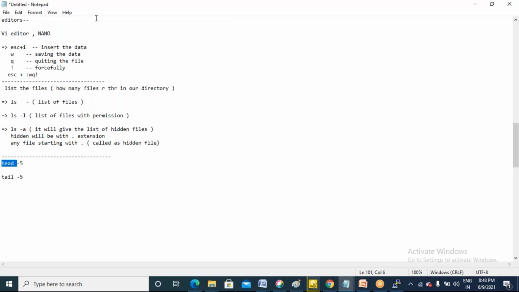Whatever the first 5 lines are there in your script. If your script is something around 10,000 lines and you type head script, only the lines from 1 to 5 will be displayed. The rest of the lines from 6 to 10,000 will not be displayed. The same way if you type